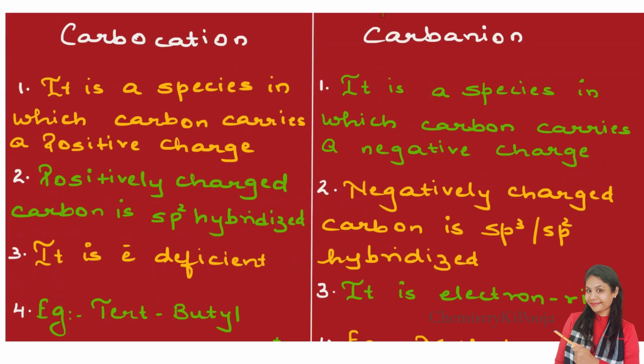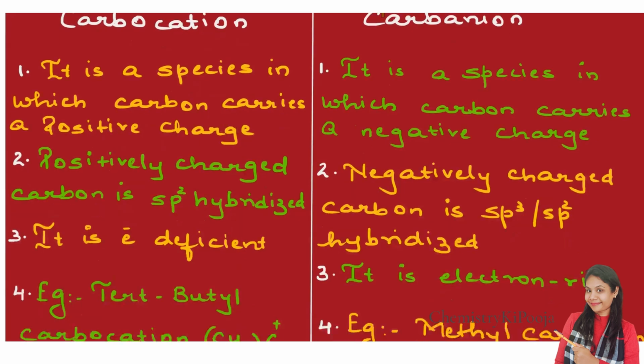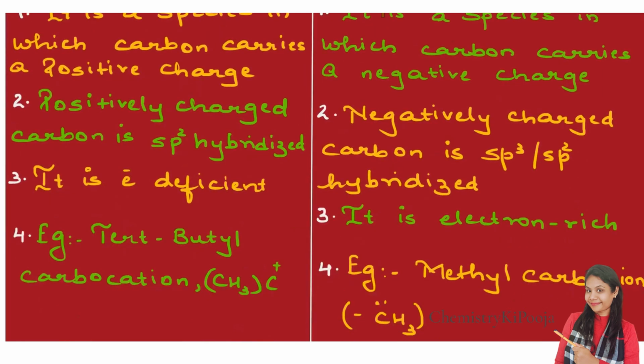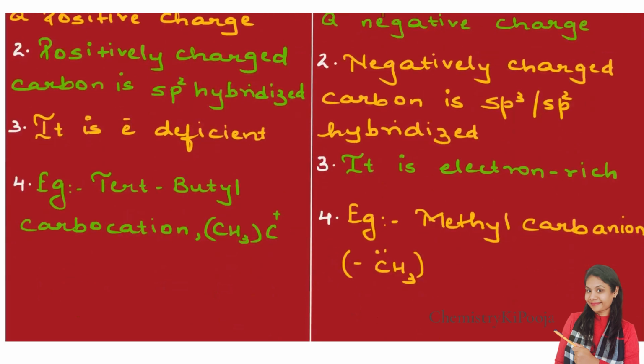Carbocation, since it is electron deficient because of the positive charge, is sp2 hybridized. Whereas carbanion can be sp2 or sp3. Now carbocation, as I said, is electron deficient, whereas carbanion is electron rich, right? And then the example is tert-butyl carbocation, and over here we have methyl carbanion. So this was everything related to distinguish between inductive